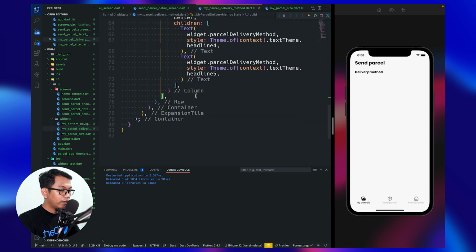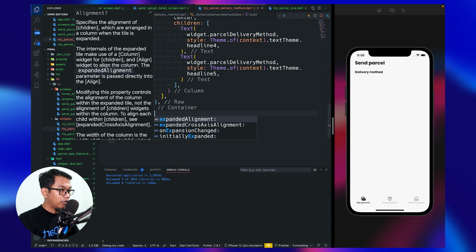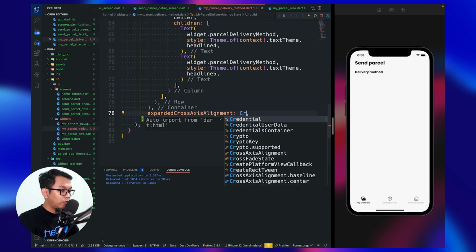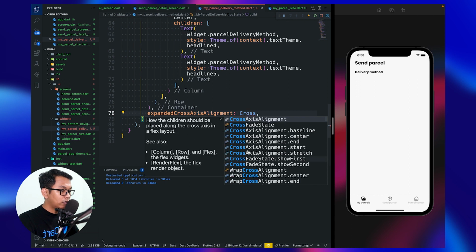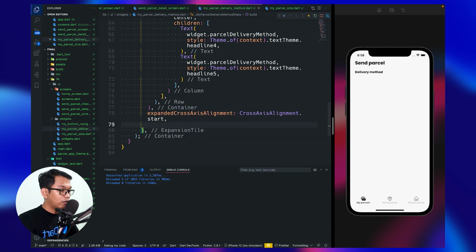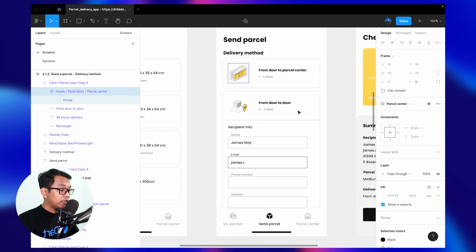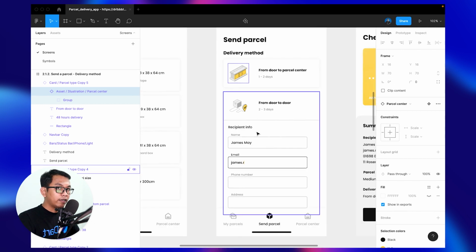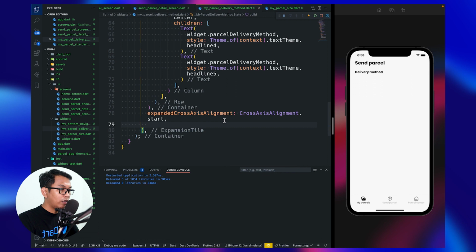All right. And inside our expansion tile, we call another parameter, which is expanded cross axis alignment. We say cross axis start because by default, our expanded item will be on the center. So we need to set this to start.